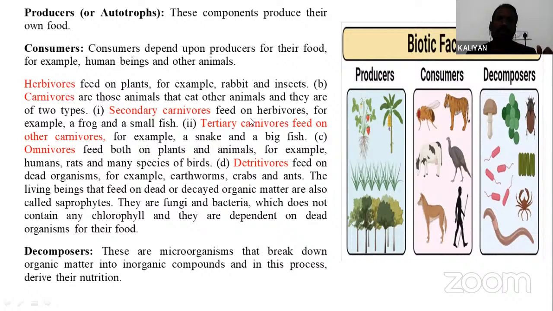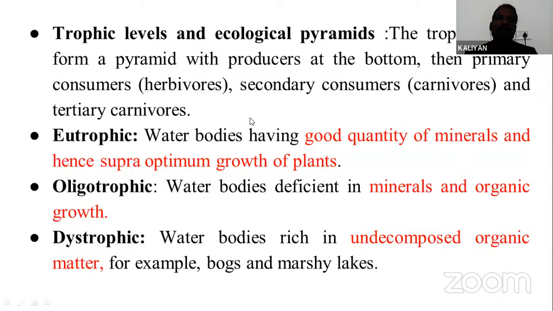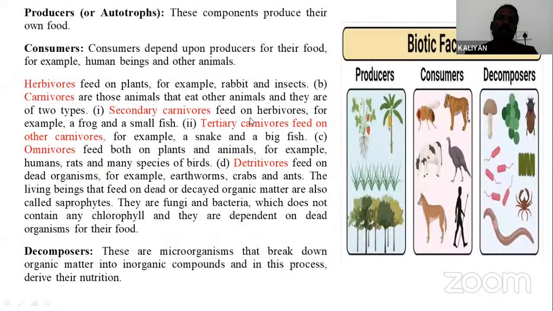Consumer, so producer, consumer, decomposer. And the next is the trophic level. So basically, you all people read in your secondary education or school education related environmental things. So these are the basic things. Next, based on the biotic factor, we form the ecological pyramid, like plant, producer, consumer, decomposer. This is the basics of environmental science.